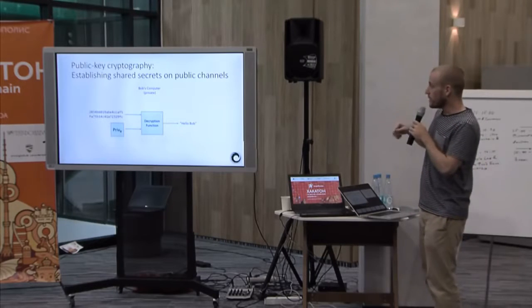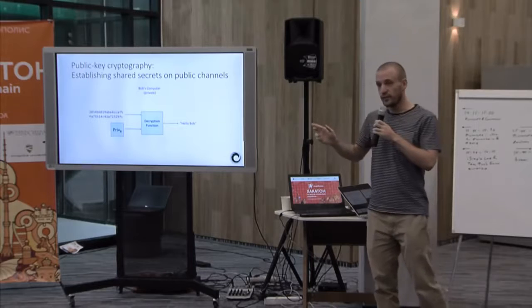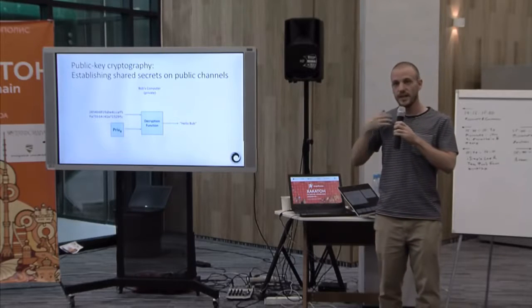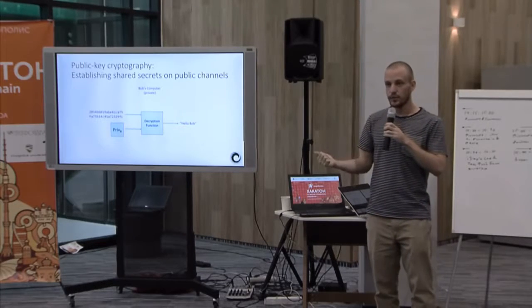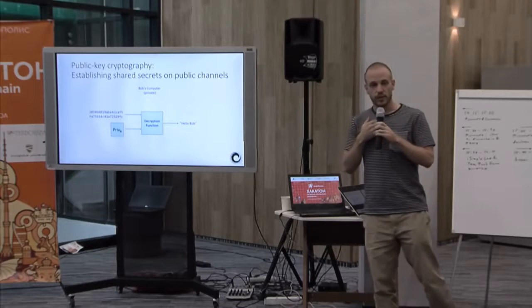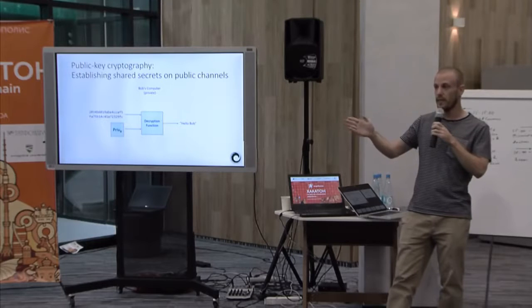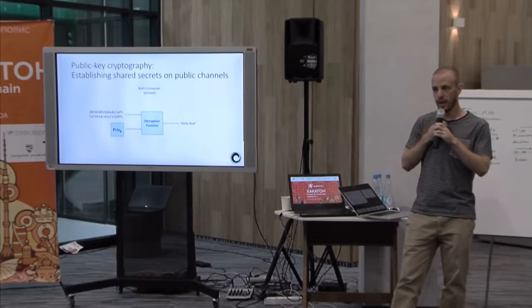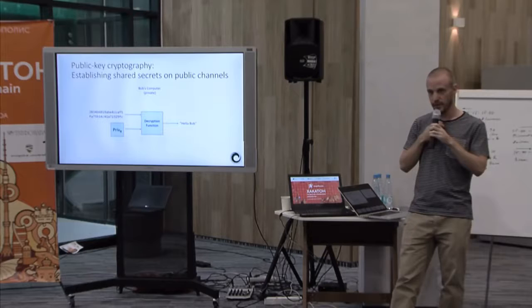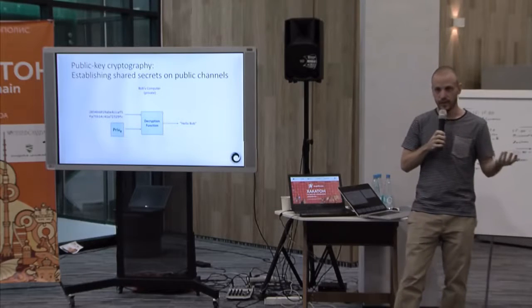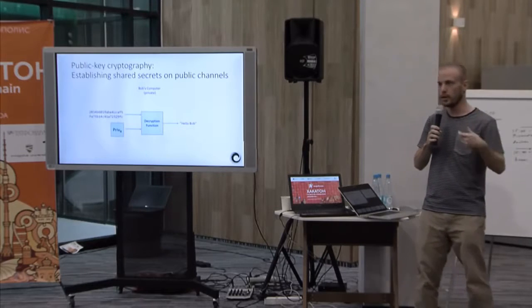So Bob receives the ciphertext. He has a decryption function. He inputs the ciphertext and his private key to get the original message back out. So we encrypted the message with Bob's public key, which everybody knows. We sent it to Bob, and because only Bob knows the private key, only Bob can actually decrypt the message. So that's how we can use public and private keys to send secret information over a compromised network.